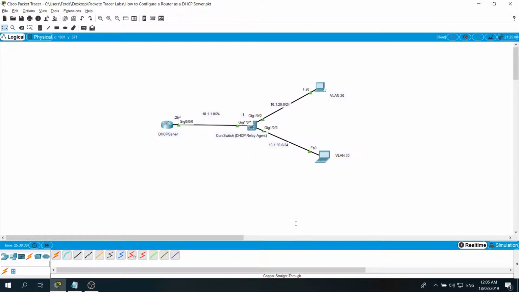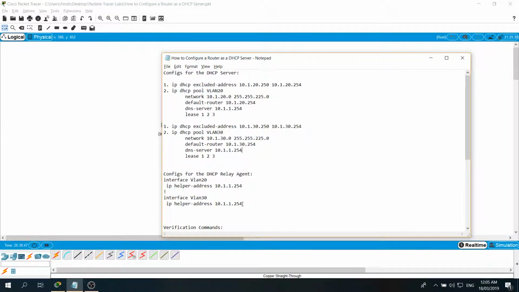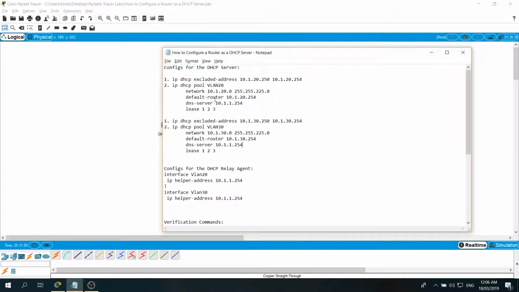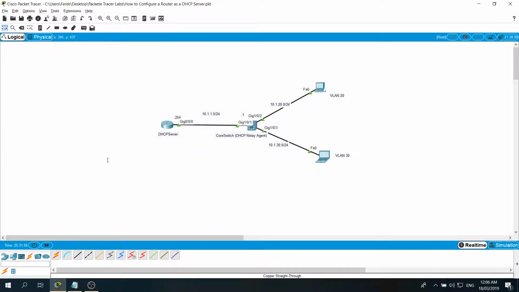In this video, I'm going to talk about how to configure a router as a DHCP server and also how to configure the DHCP relay agent. As you can see, I have prepared the configurations here in the notepad, but let's talk about the topology first. So we have a DHCP server and it is connected to the core switch or the DHCP relay agent,